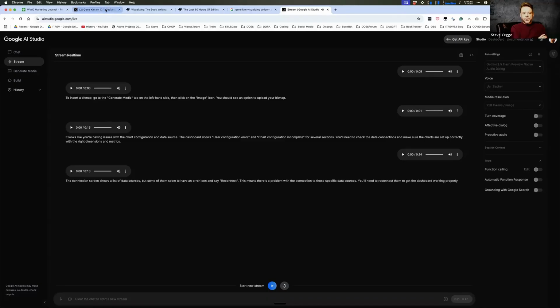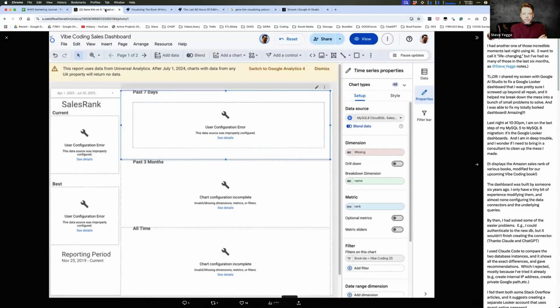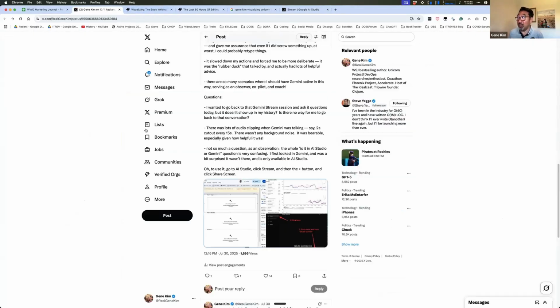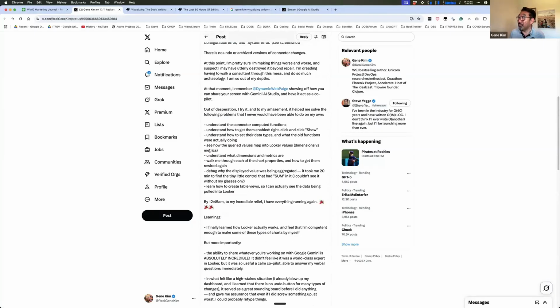So the audio didn't come through super clearly. So can you paraphrase what she said? Oh yeah, so it said, hey, you noticed that we're in a Looker Studio screen. It was characterizing the types of errors, and it correctly recognized the data connector screen and was actually making some observations. And so, Steve, what was incredible to me was that over the next 2 hours, I took that giant